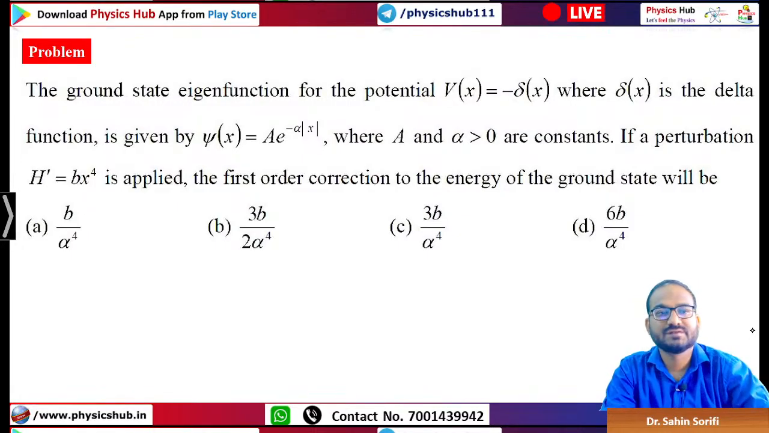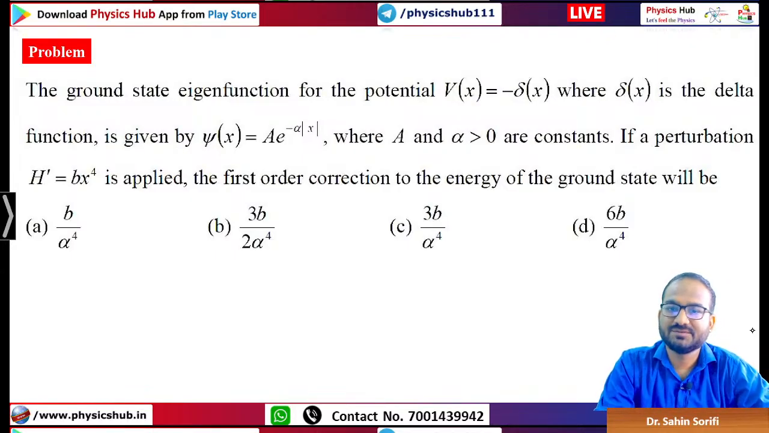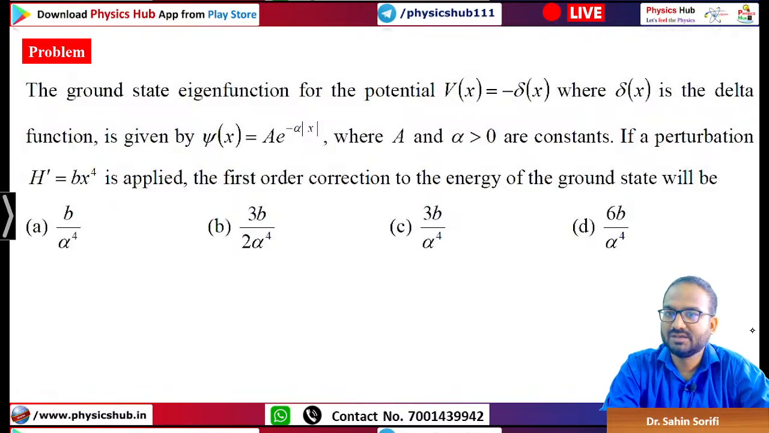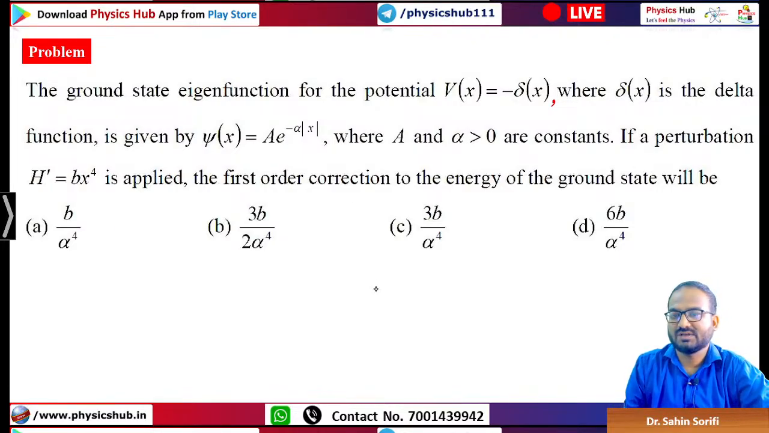The ground state eigenfunction for the potential V of x equals minus delta x, where delta x is the delta function, is given by psi of x equals A to the power minus alpha mod x, where A and alpha are constants, alpha greater than 0. If a perturbation b x to the power 4 is applied, the first order correction to the energy of the ground state will be